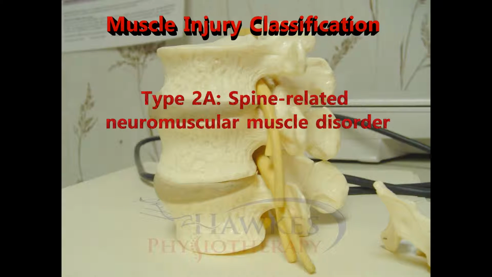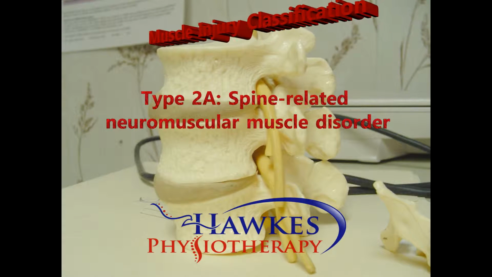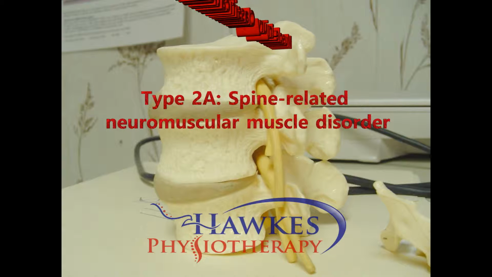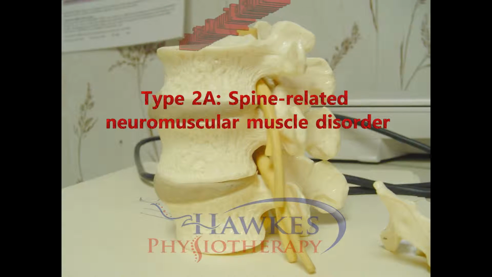Type 2A, spine-related neuromuscular disorder. Increased muscle tone caused by a functional or structural spino-lumbopelvic disorder. Symptoms are commonly aching in the entire muscle and increased muscle firmness. Pain will increase with continued activity but should go away with rest. There will be discrete edema between the muscle and fascia, and there can be increased sensitivity to touch and stretch, but this is not a structural injury and a scan will just show edema.